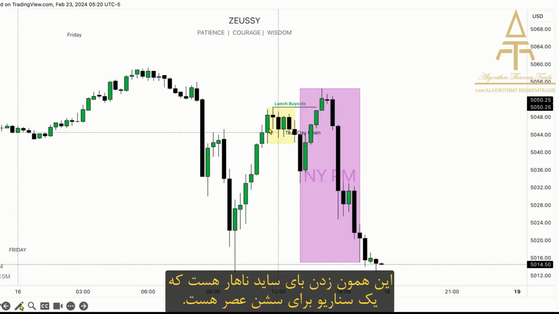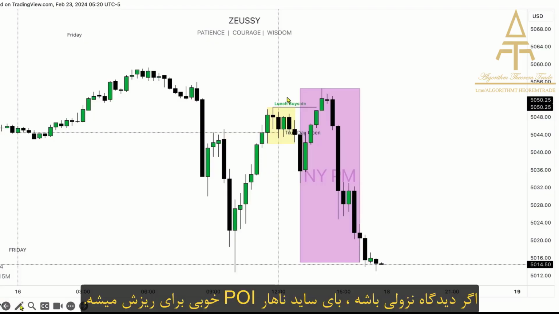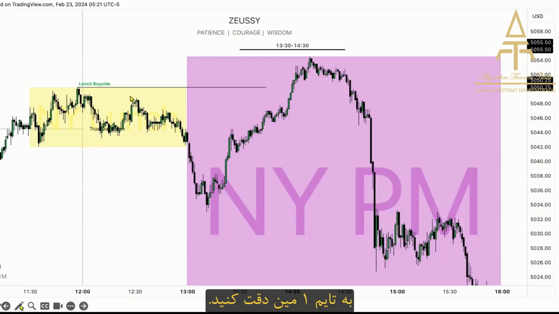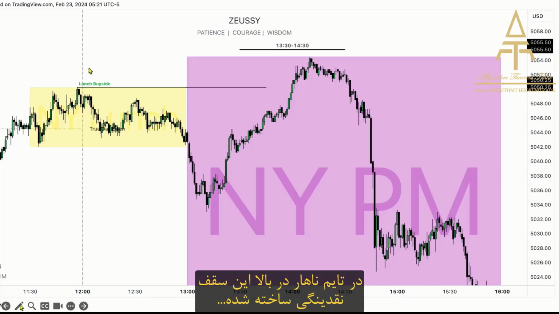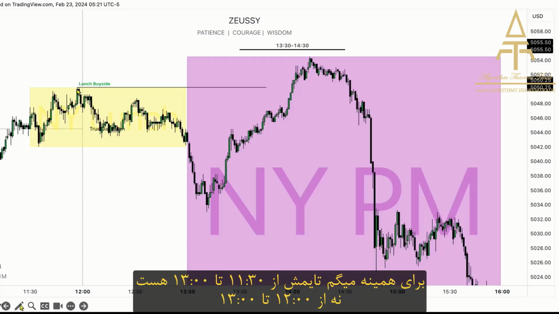This is a purge of the lunch buy side, which is a scenario outlined for the PM session. The lunch buy side is a POI if we're bearish for the PM session. Take a closer look on the 1 minute time frame, we can see the following. We can see that the lunch buy side liquidity got engineered above this high, and here you can also see